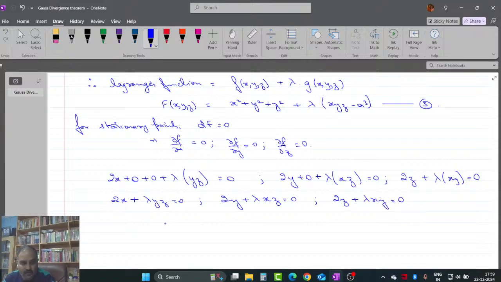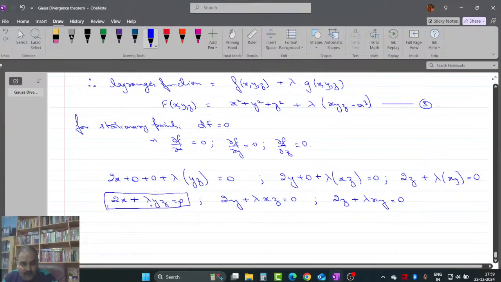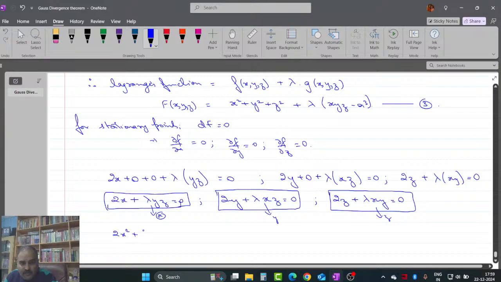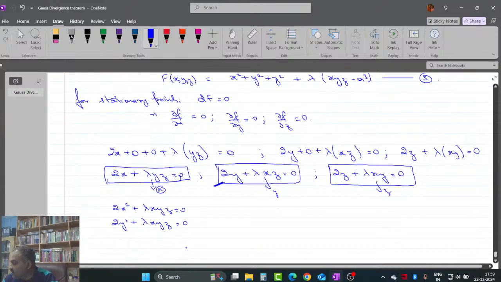I need to solve these equations. Now if I check here in this one, the lambda part is missing the term x. If I check this one, the lambda term is missing the value of y, and that one is missing the value of z. So I multiply this equation by x, so it will be 2x square plus lambda xyz equal to 0. Multiplying this one with respect to y, 2y square plus lambda xyz equal to 0. And the third one,